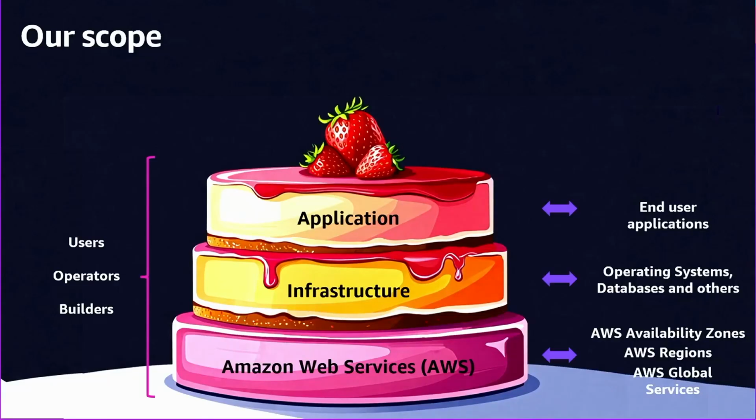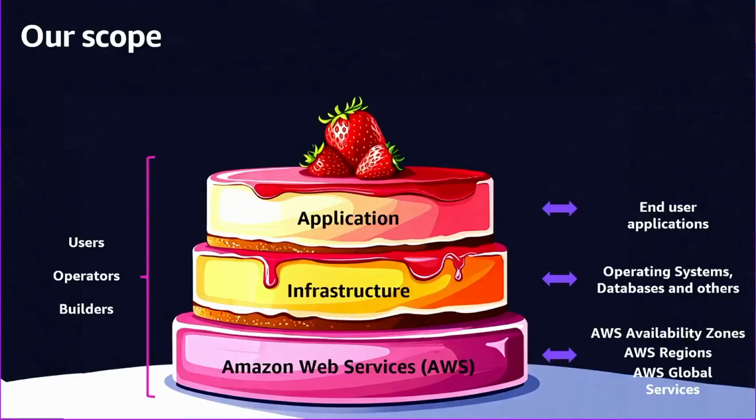Resilience is multi-layered. It starts with the infrastructure, the AWS services, AZs, and global infrastructure that you use to run your applications. Then the middle layer is the infrastructure that's on your side of the responsibility: the operating systems and the databases that run your applications. And at the very top is the actual reason we're all here, right? To run applications that provide some kind of business value. So when thinking about resilience, don't just think of it in the context of the infrastructure must be resilient, but at every single layer of the stack, how are you thinking about the resilience of your applications?